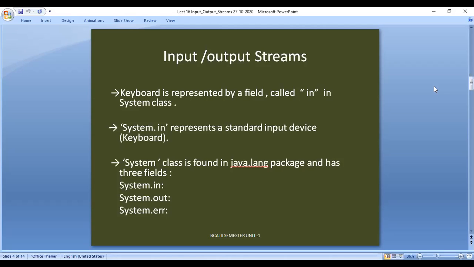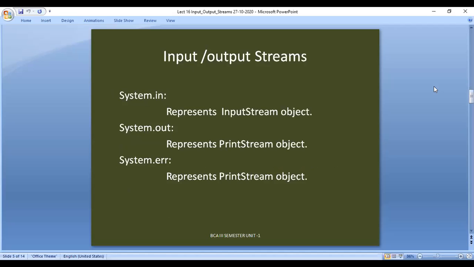So we will see what System.in, System.out, System.err are. System.in will represent an input stream object. It is a representation of an object related to the input stream.